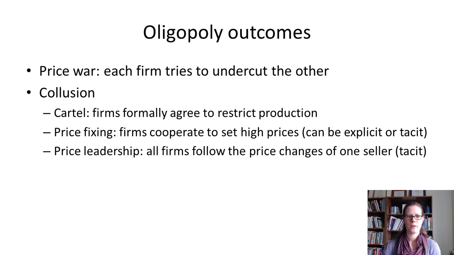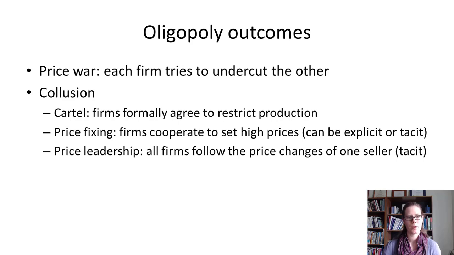So collusion can be hard to sustain. Even when there's an agreement between firms to raise prices, each individual firm has an incentive to break that agreement and undercut its competitors to temporarily earn a higher profit. And even OPEC, which is perfectly legal, has suffered from a lot of cheating over the years, which has tended to cause oil prices to be lower than they would be if OPEC competitors were actually following their production quotas. But we also know that some oligopolies have been successful in maintaining high prices for long periods of time. So for example, internet prices in Canada are much higher than in many other countries due to the lack of competition in that market.